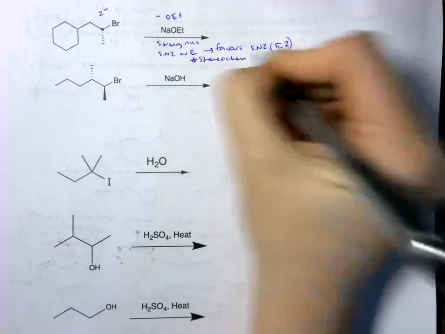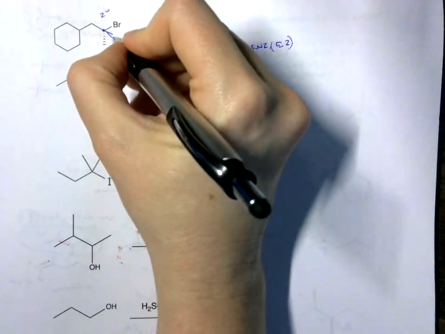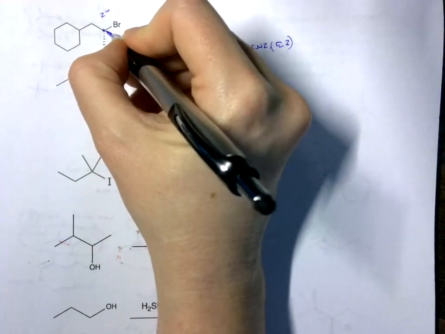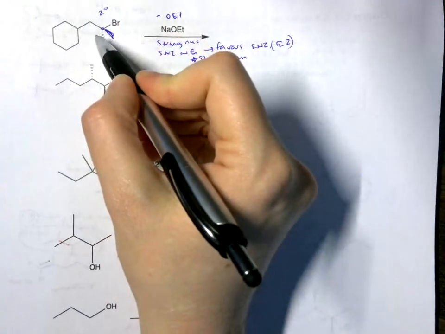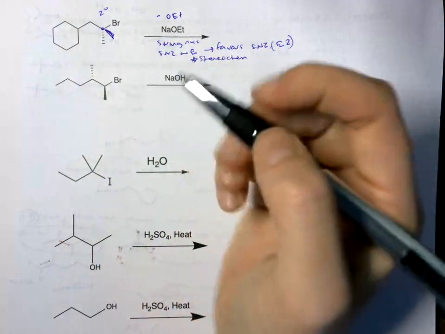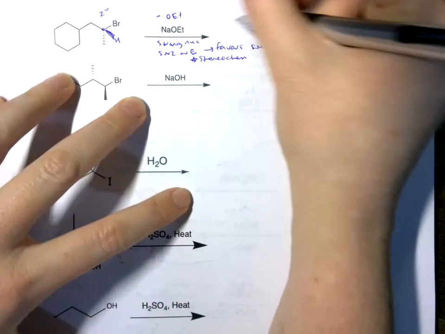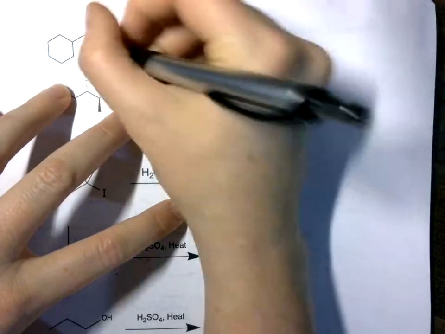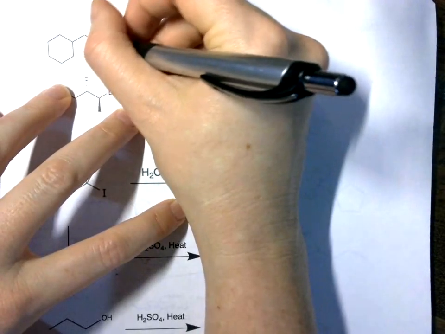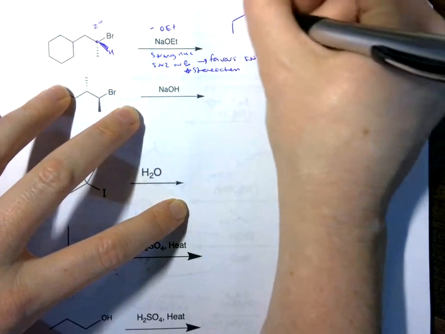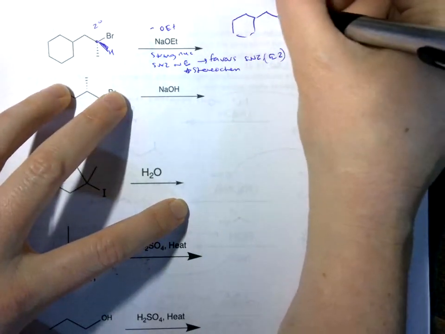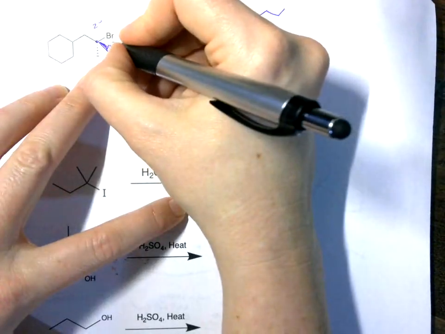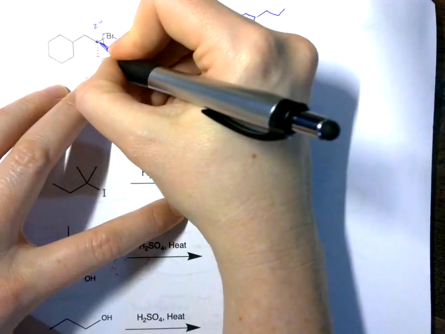Stereochemistry on this one is going to be harder to see because we need to get inversion of stereochemistry, and this is in the plane of the page, and it's going to attack from the other side. So I'm actually going to rotate this one to make it a little bit easier to see for myself, because I could draw the group on this side, but I think that would just be a little bit harder to see. So what I'm going to do is rotate this,